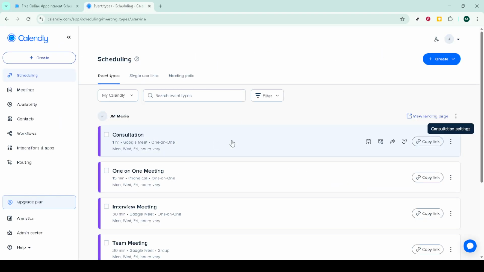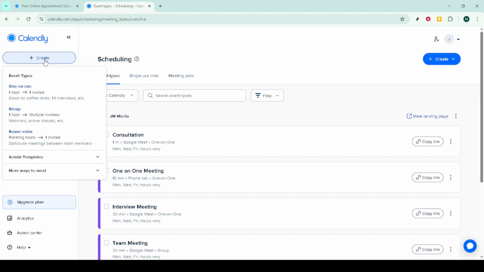From here, click Create to set up a new event specifically designed for multi-person scheduling. Calendly gives you a few event types that handle team or group scenarios. If you want meetings to rotate between teammates automatically, choose round robin with rotating hosts. This lets a single invitee book a time, and Calendly will assign the meeting to one of the hosts based